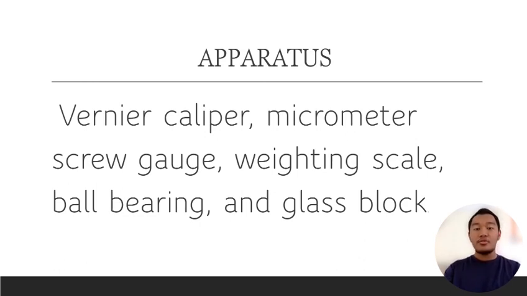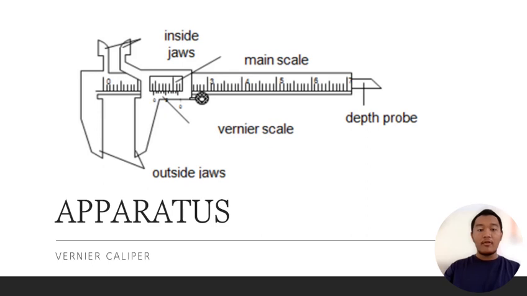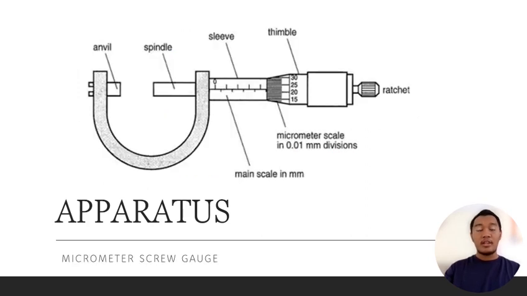So here we can see that we are using a few apparatus such as a vernier caliper, micrometer screw gauge, weighing scale, ball bearing, and glass block. Here is an example of a vernier caliper. We can see each of the items and how to use them. On the next image, we can see the micrometer screw gauge. Okay, from now on, I will pass on to my teammate to give them a chance to perform